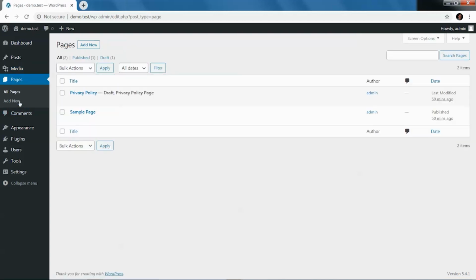Pages, as I mentioned with posts, is more of your static content. So instead of using your latest 10 blog posts as your homepage, you might want to have a big hero image and maybe a welcome to my site, here's what we do, and then have some links to your services or your products. And then maybe have your blog articles at the bottom of the page. So you're going to want to create a home page, a static page. Well, the Pages tab is where you do that.